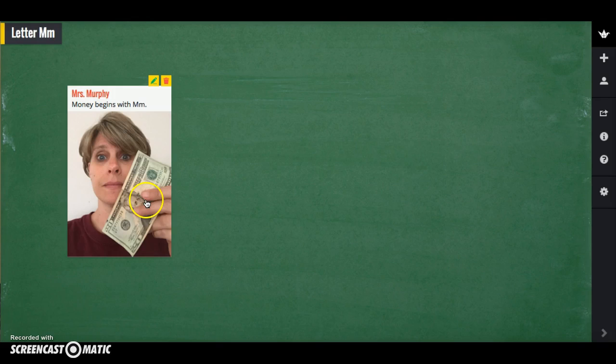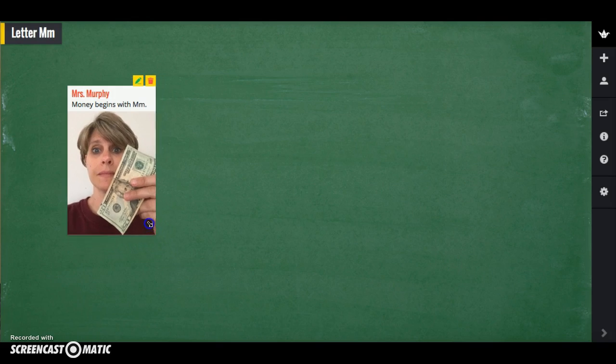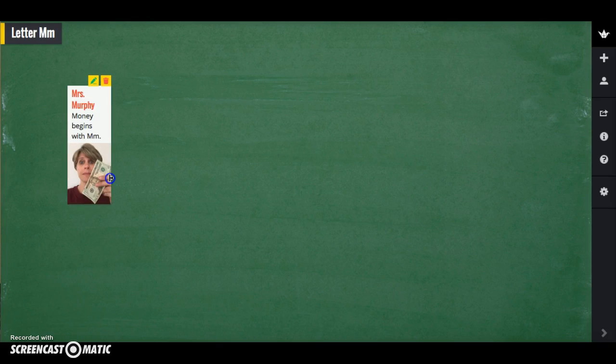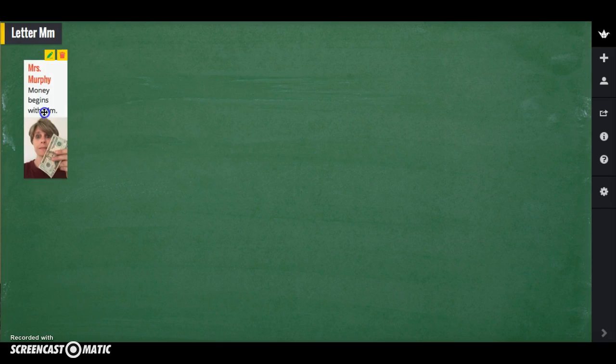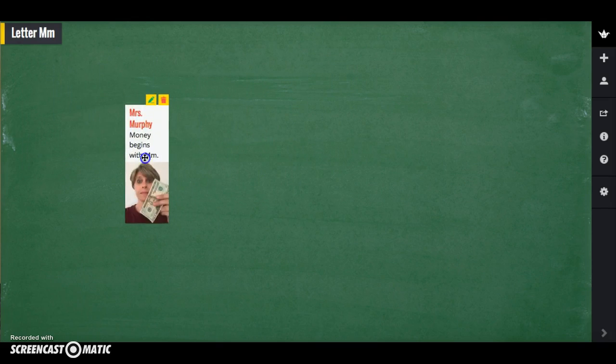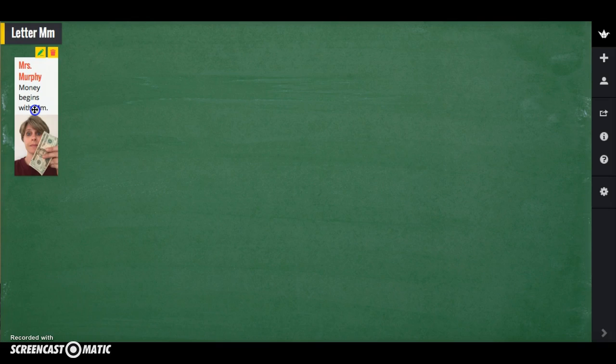So to resize it, all I need to do is bring my pointer finger down into the corner, and you can see that as I move my pointer, it will give me an arrow and it says drag to resize. So all I need to do is drag it to make it smaller, and then by using the pointer finger I can just drag it then and reposition it across the workspace on the Padlet board. So once I get it into my space, then I am done, and I can log out and close out,